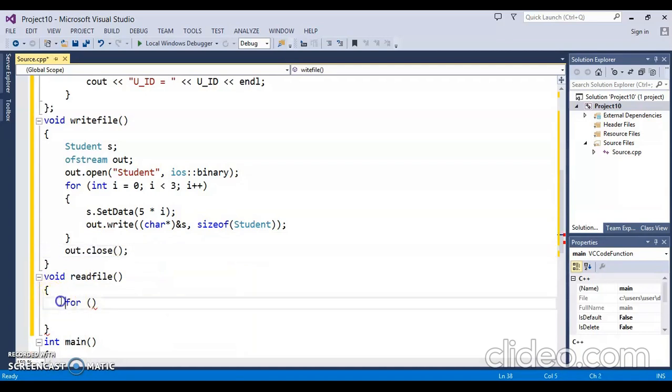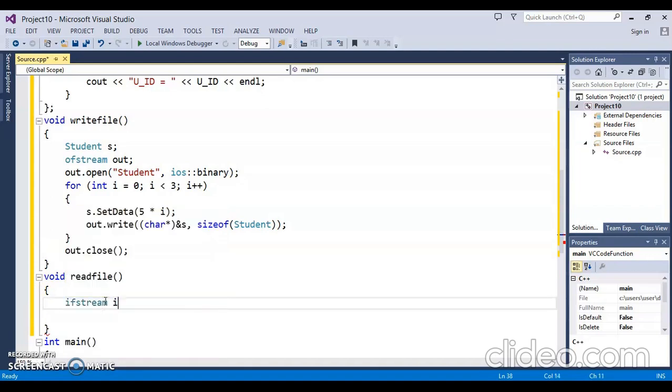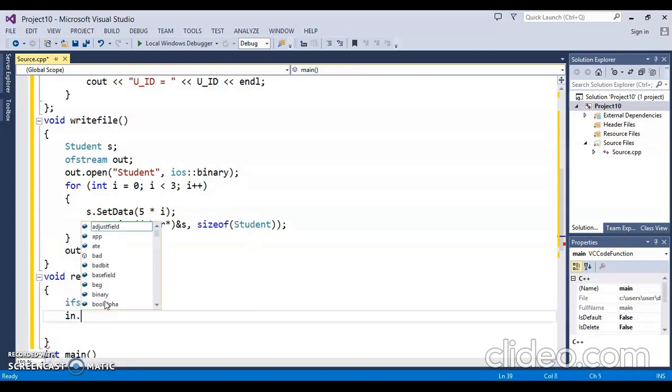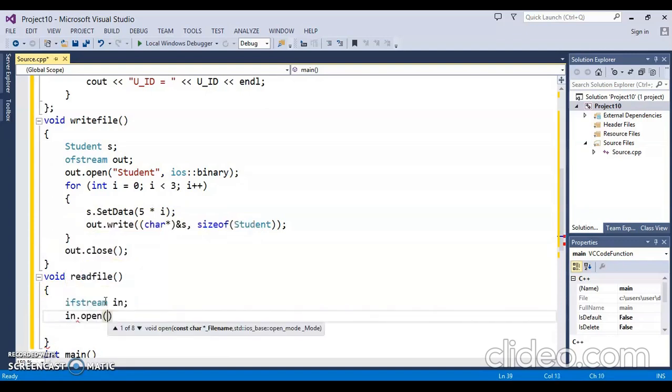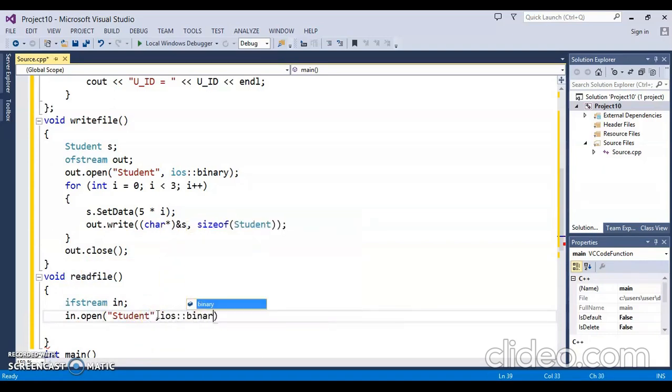Then I should open an ifstream object here, and let's say the object name is in, and in dot open, and my file name is student, and it is a binary file. So let's write it as binary file.